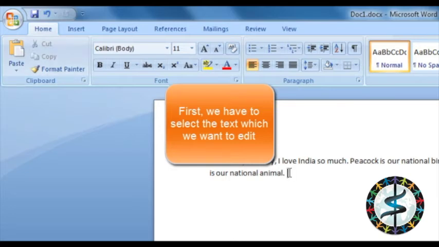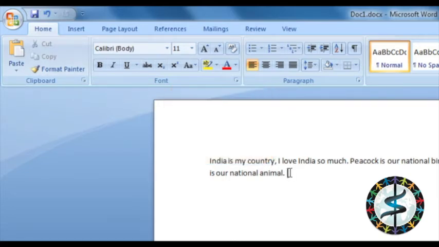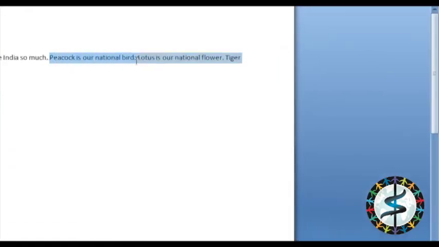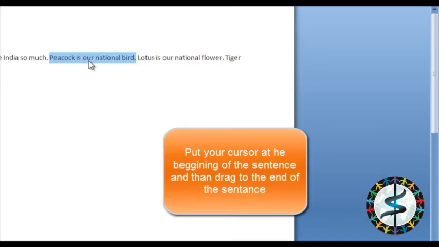First of all, we will select the text which we want to edit. For example, peacock is our national bird, and I want to cut this sentence from here. So I have selected this using the cursor, then I have dragged the cursor to the end of my selection and it is selected.